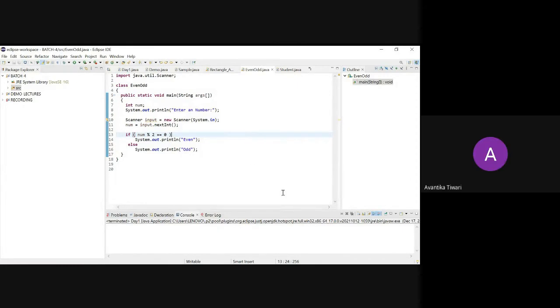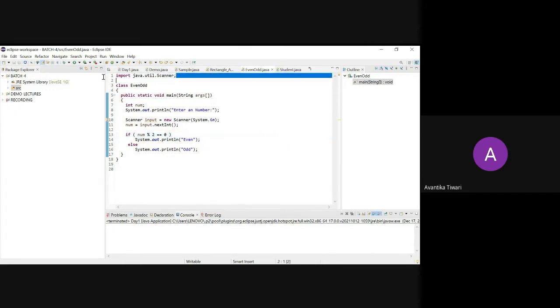Yes. So what we can do is take an input from the user. The user will enter the input and then we will test whether the entered number is even or odd. How to take input from the user? This concept was very easy in C and C++, but here it is a little difficult. So let's see what we have to do.